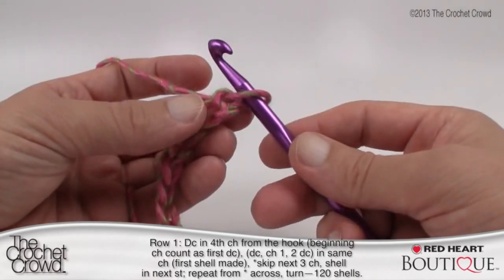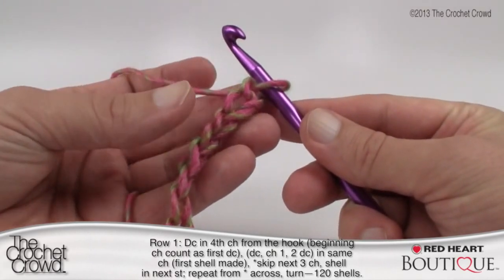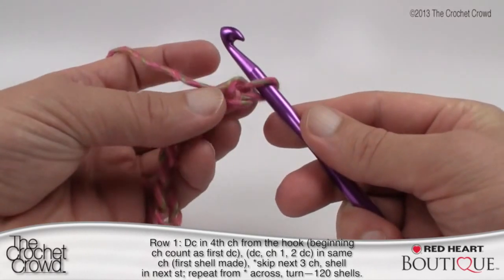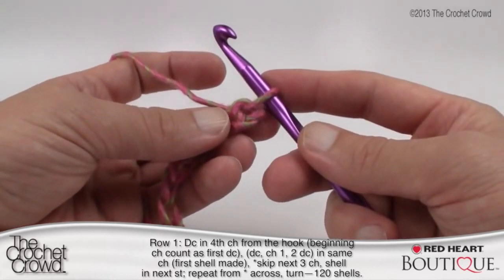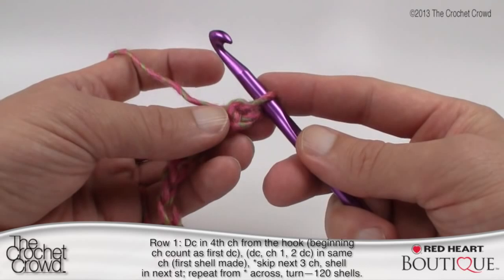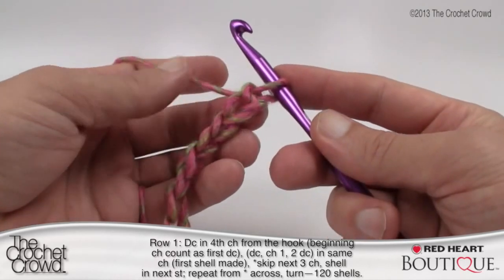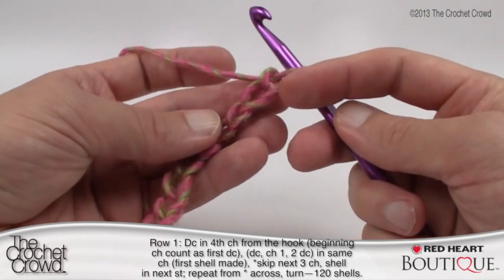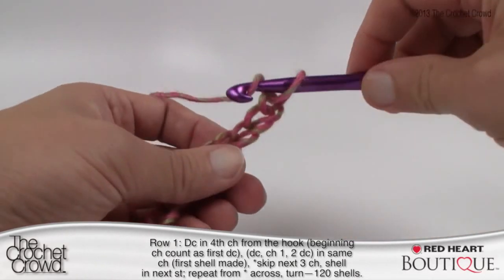We're now ready for row number 1. Just for your information, I am using Red Heart Boutique Treasure for this, and you'll see the colors transitioning throughout this project. So it says to double crochet 4th chain from the hook, and it says beginning chain counts as the first double crochet. So let's begin. So coming from the 4th from the hook, so we count back. So 1, 2, 3, and 4, and we begin to double crochet